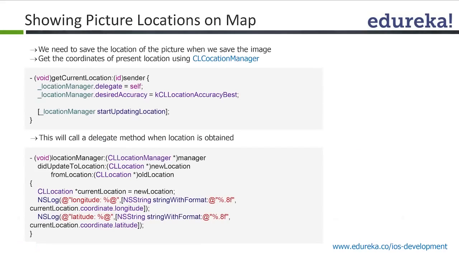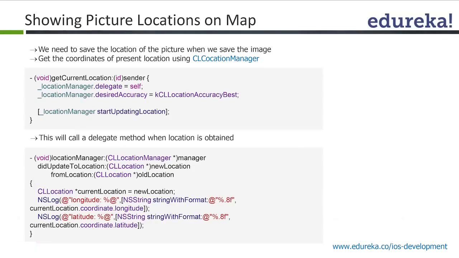So how do you get the user's location? You use the Core Location framework. We are going to cover in-depth scenarios for all these frameworks in our course. So how do you get the current location? The first thing is that you have to create an object for CLLocationManager. And whenever you say start updating location,